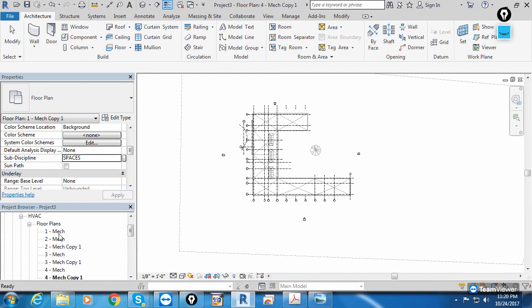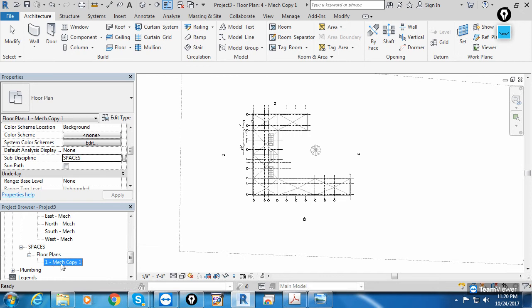And now you can notice, one copy is not available here. One copy is shifted to the new category, and the new category, you see, spaces, and spaces under what? Under this HVAC, under mechanical HVAC, and under this HVAC branch, when I drag, you'll find spaces, the new category, and this one make is available here, right?